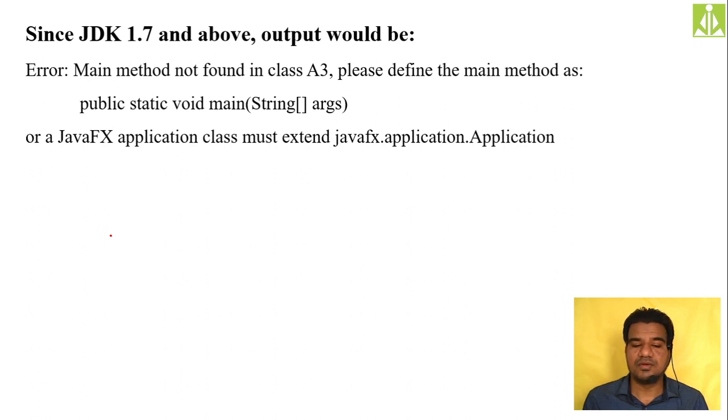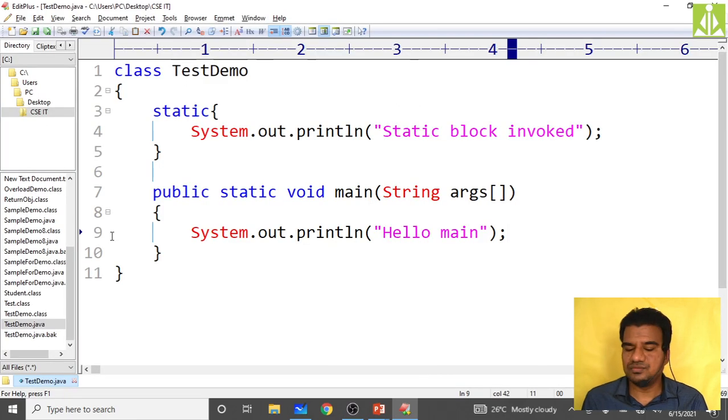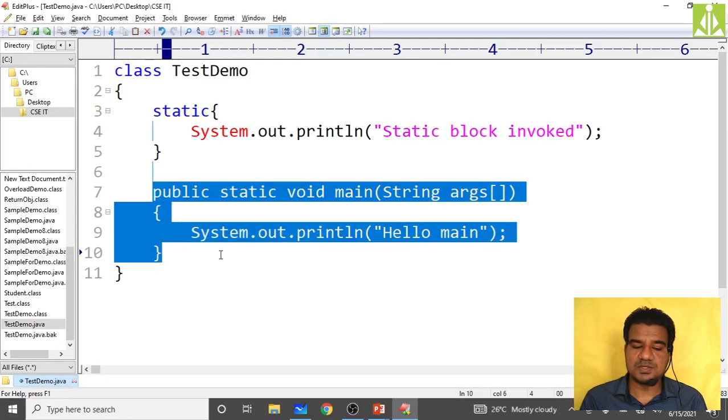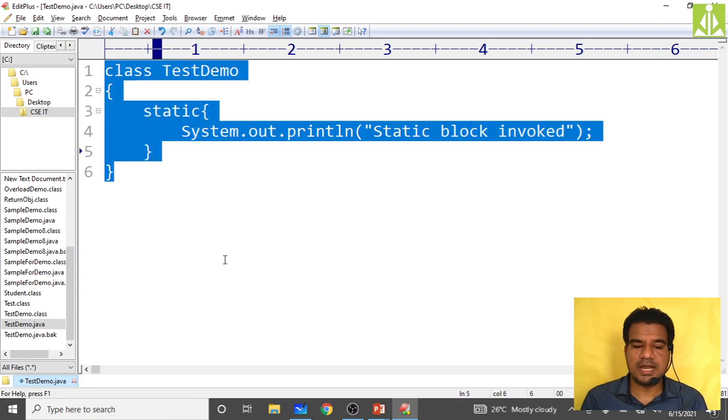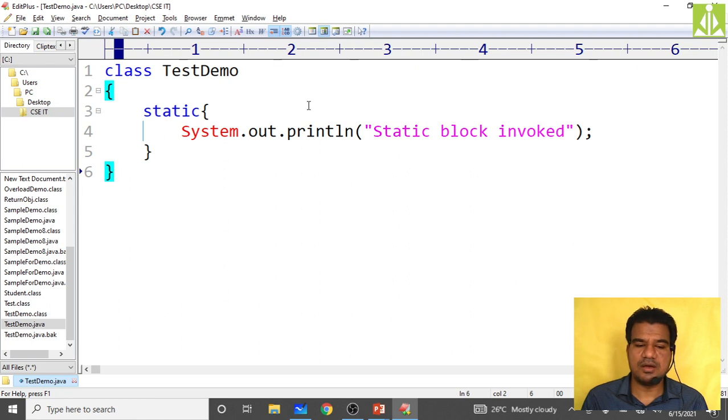So let's go and see how things will go if I remove this PSVM from my program, and compile and execute this. As you can see, I don't have any PSVM and I have only a static block within my TestDemo class. So quickly go and compile.